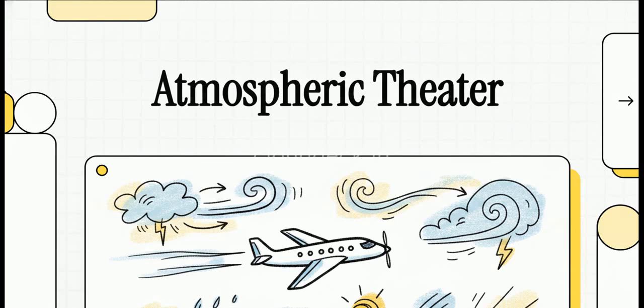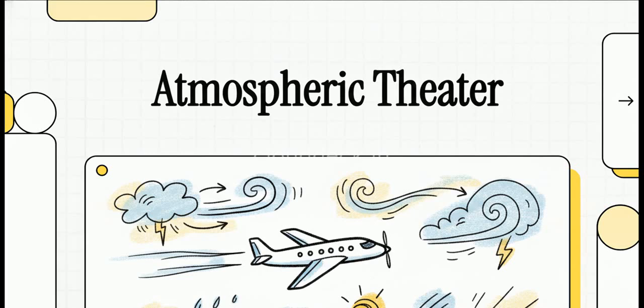We are going to be unpacking the incredibly dynamic, basically nonstop interactions of physical forces that drive our weather, and crucially, how they directly impact aviation. If you've ever looked up at the sky and wondered, what exactly are the invisible mechanisms deciding whether your flight gets delayed or whether you need an umbrella? Well, you are in the exact right place.